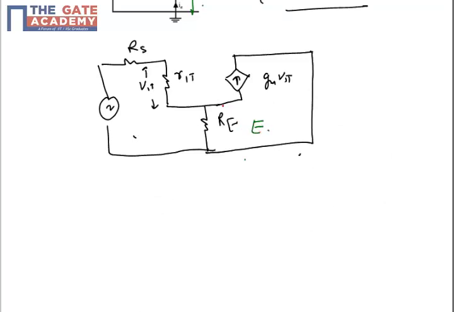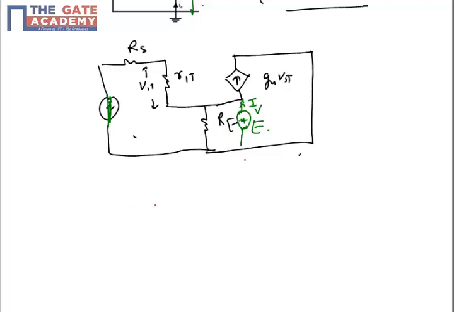So how do we calculate the output resistance, or any equivalent resistance? We short circuit the independent voltage source, and at the terminal where I need to calculate the resistance, I will assume a voltage source V with current I. So it will be a simple network problem, but the only thing is that we need to rearrange the circuit.